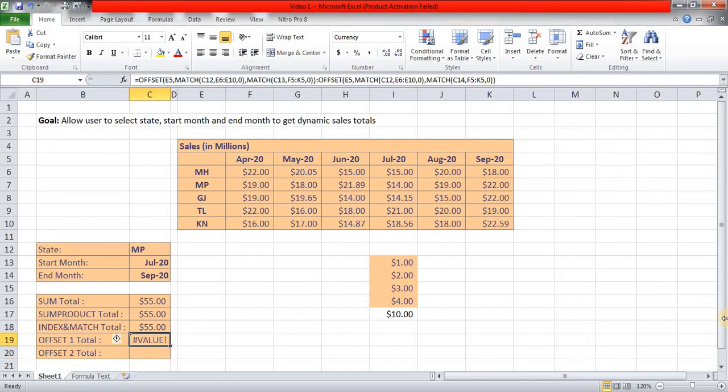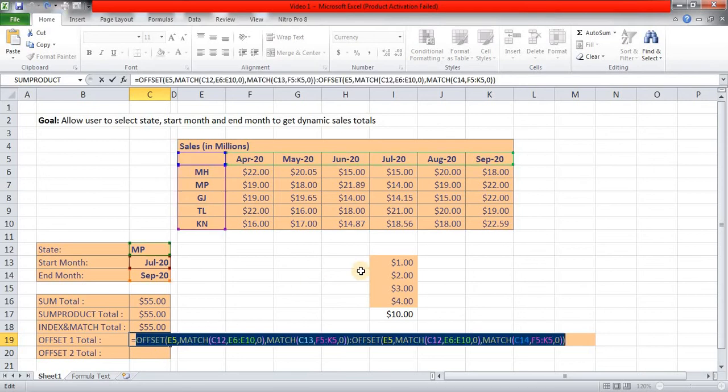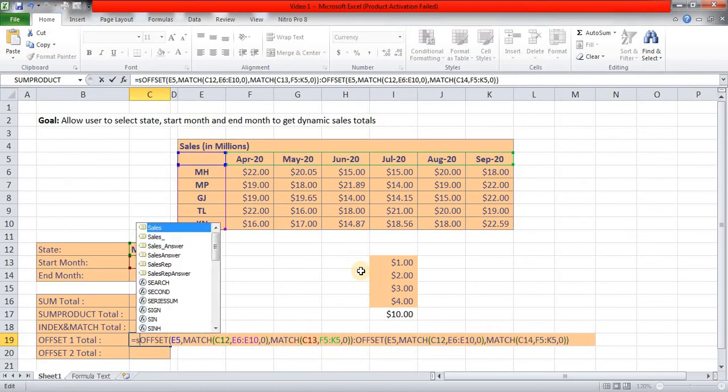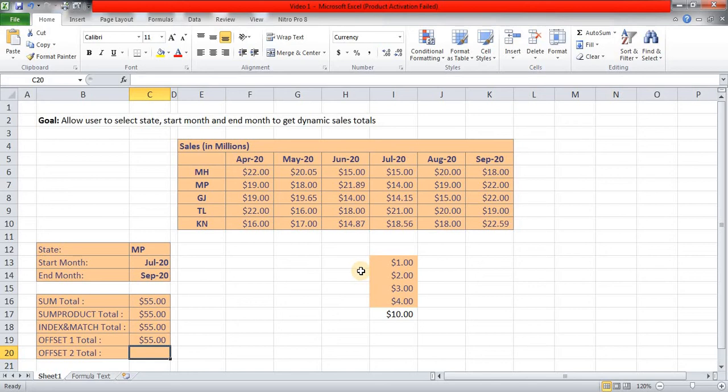So again it's giving us value, and the reason it gave us a value error in offset as well as in index and match is that it has selected those ranges for us. So if I press F9, here it is, but having selected those ranges or these values, Excel does not know what the user wanted to do with those values. So Control Z, and now we are saying okay, sum them up, and coming to the end of this function, complete parenthesis, enter. So this is my fourth approach, and in the fifth approach we are still going to use offset, but let's see how.